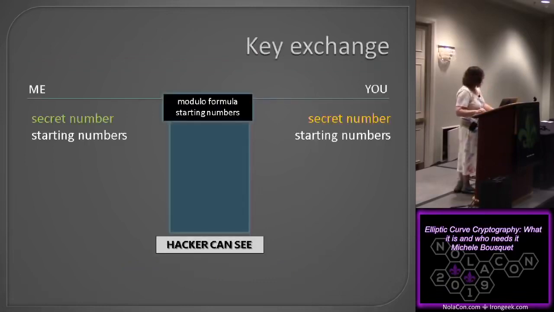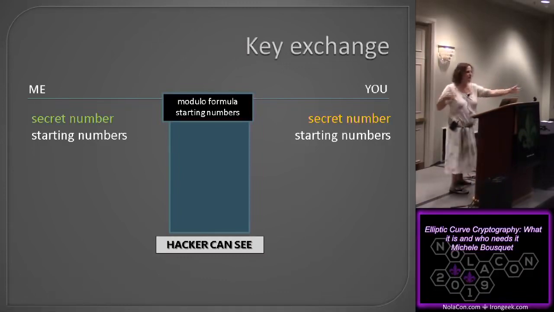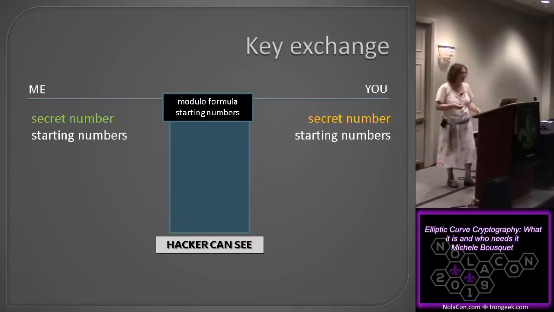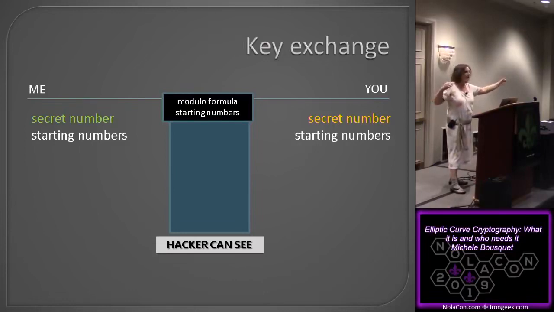So the way that Diffie-Hellman works, and various other key exchanges at a very basic level, and you've probably learned this at some point, but again, this is a refresher, is that me and you, we want to exchange some information securely. So we need to have the same cryptographic key, or at least corresponding ones if you were going to do public and private or something like that. So both of us need to, at our ends, figure out our secure key without passing any information between us that would expose